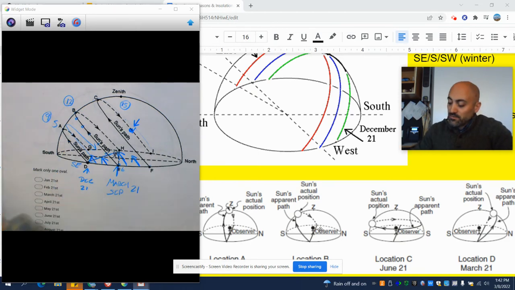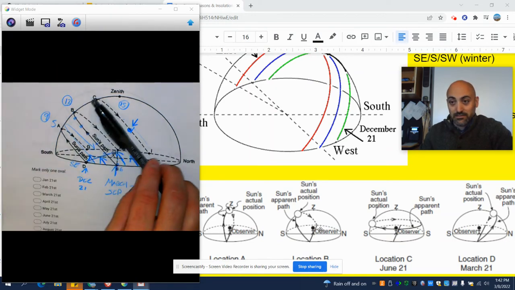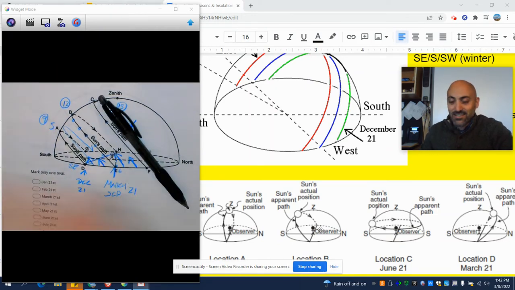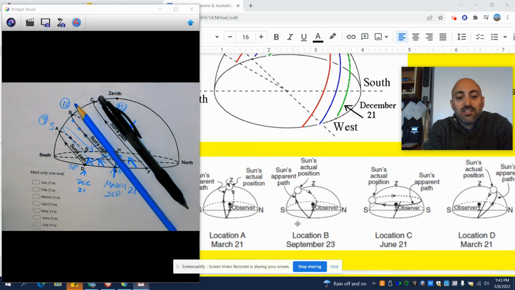Okay. Now, these paths are always perfectly parallel. That parallel nature, for one location, it's always parallel. When you look at these diagrams on the screen, any of these are for different locations. So when you see the angles tilting, location A, this is something like on the equator. Location B, this is September 23rd, first day of fall, okay? This would be for something like Rome.